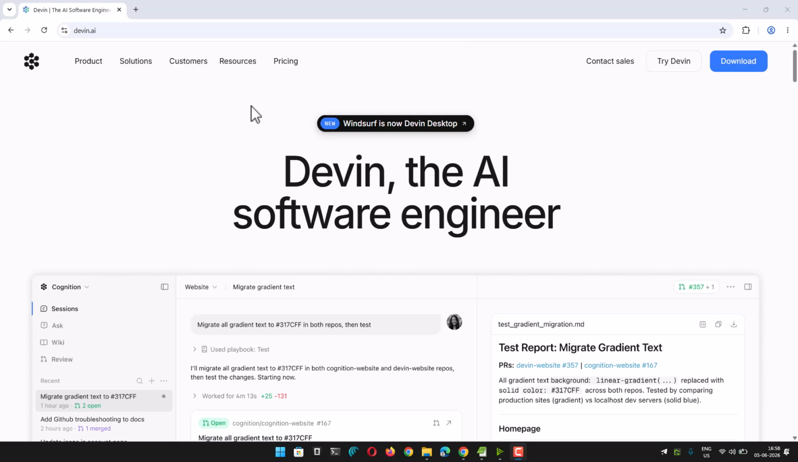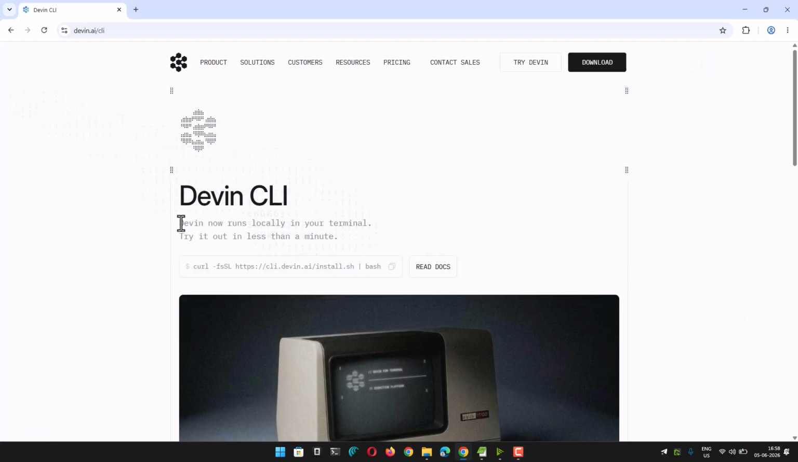Devin recently rebranded the Windsurf IDE into Devin Desktop. They also released a command line interface that includes the agents now, just like we have with Cursor or similar other agentic command lines, right? So if you click on Product and Devin CLI in Devin AI, you will be taken to this interface where